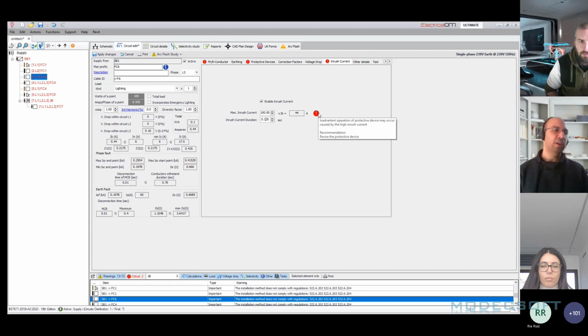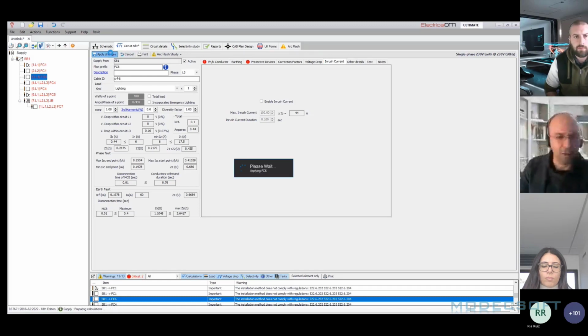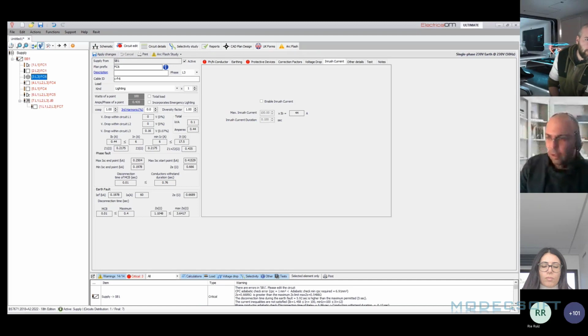And it will give you the warnings as well. If there is something wrong, if your duration is too long and it will cause the MCB to trip or anything like that, you will see a warning about this and you can carry on and try to find a solution for that. You can change the device that you have, you can change your protective device, and this sort of thing. If you untick this, then this will be completely disregarded by ElectricalOM. If you want to pop that back on,